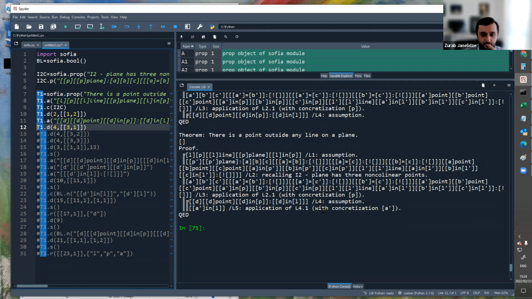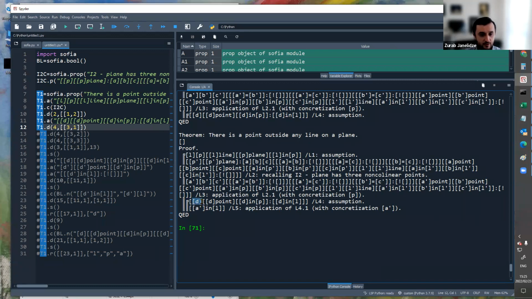The line after is application of what? Of line 4, exactly this one. So we're going to apply this in the case of our specific point A prime. In order for Sophia to apply this, she needs to be able to find all of this for a specific value of D that we specify. All of this has to be present. But for A prime, all of that is present.